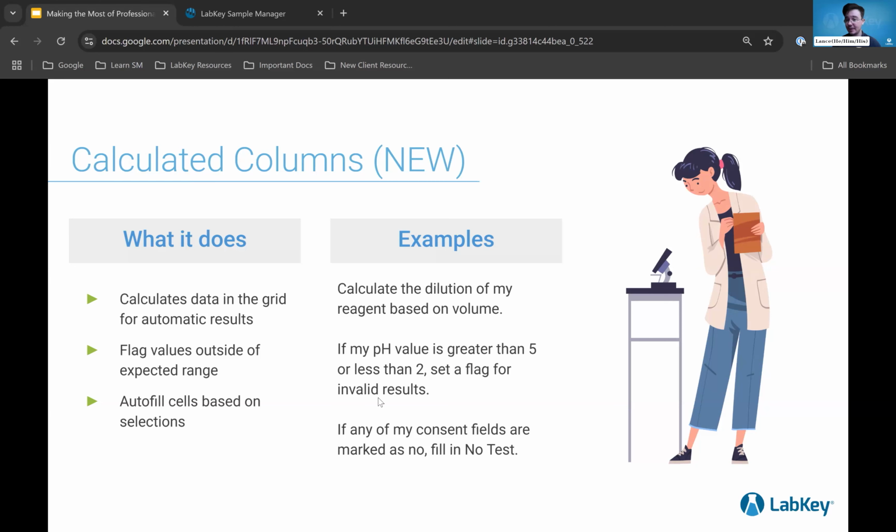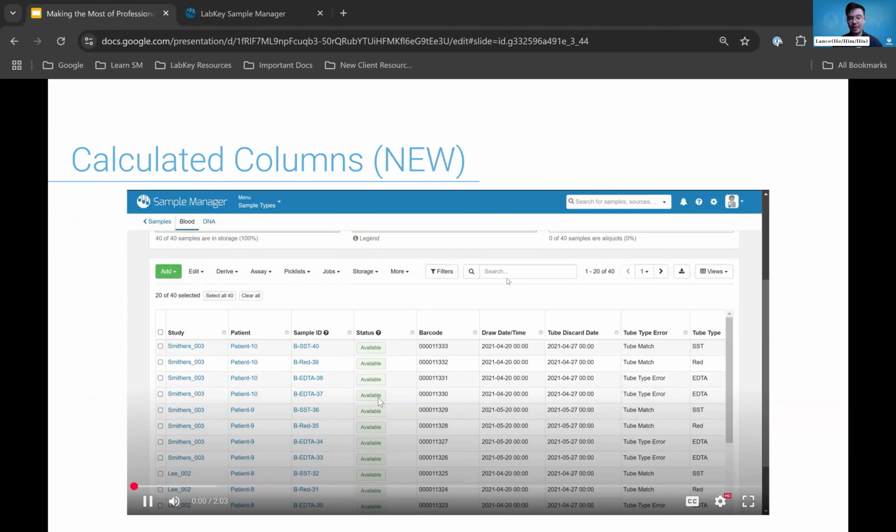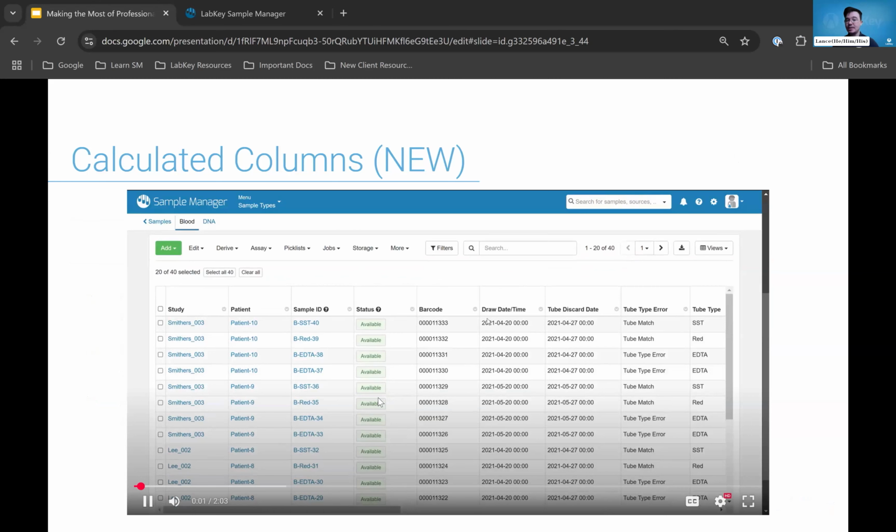Or if any consent fields for my samples are marked as no, I should fill in no test so I know not to touch it. So these are very basic examples, but it just shows we can do quite a few things with these different fields. So in this video, I'm showing my sample grid that has a couple of different